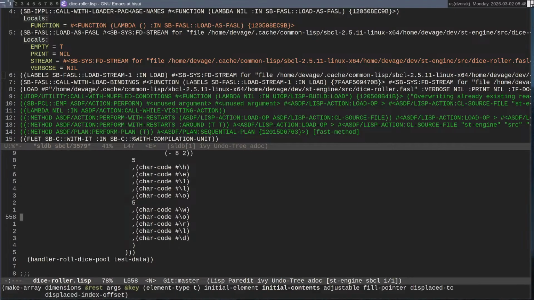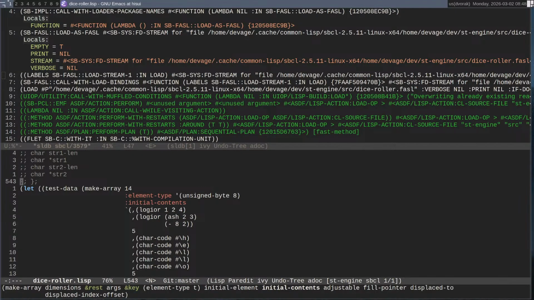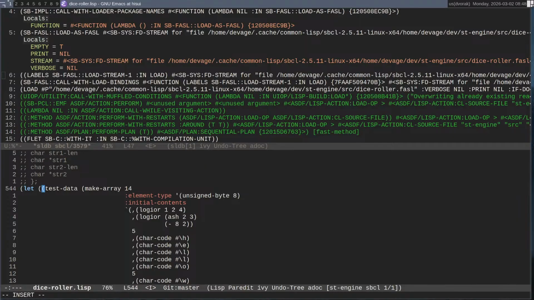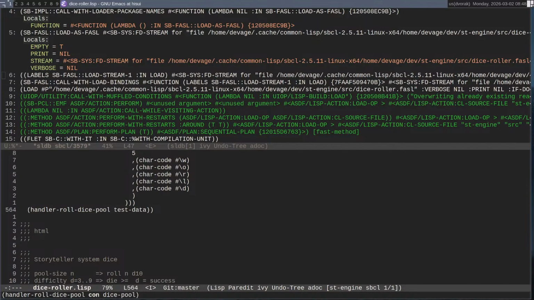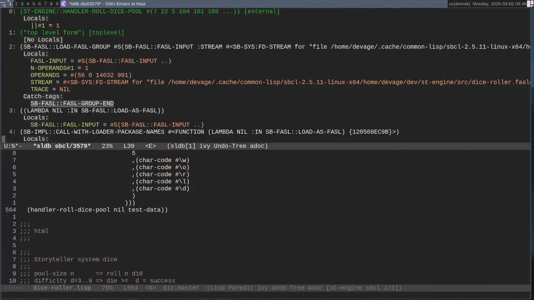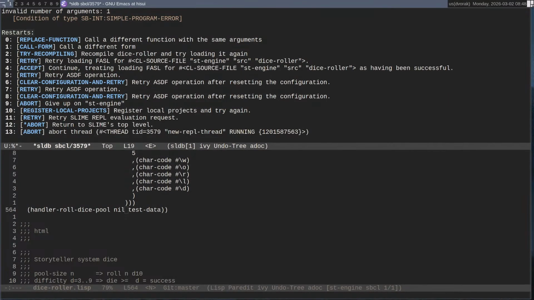I didn't hand it. Let test data nil test. So now if I find, I could probably just hit continue and skip running the test. But let's run the test.